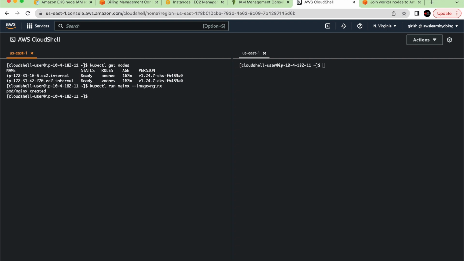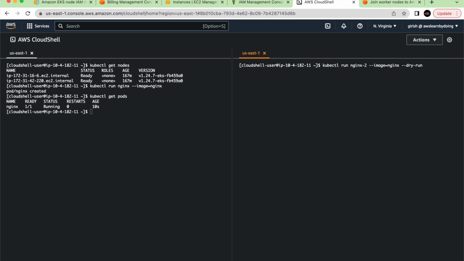Okay, so you can see that this pod is created. Okay, and yeah, so this is good. So pod is ready for us, and now I want to show you declarative way of doing it, right? So let's see, kubectl run nginx2 --image=nginx. And what I'll do is I'll get the